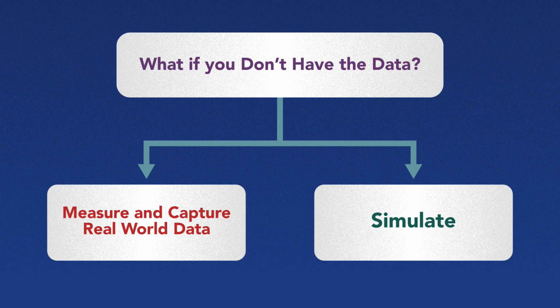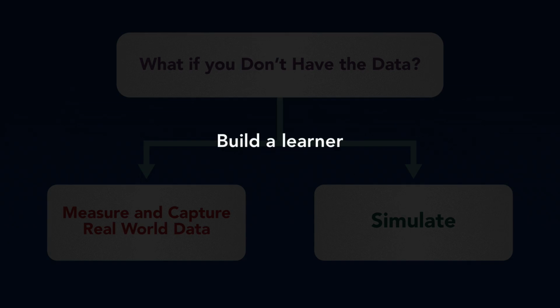So what happens if you don't have the data? One way is to measure and capture data in the real world. However, this may not be feasible for many problems. There may be too many solutions, with each one taking too long or too much to measure. Another approach is to simulate the performance of your solutions for different environments and capture data this way. Note that every time you change your solution, the data you capture will be different. Use this data to teach a surrogate model that estimates your objective for different potential solutions or environments.